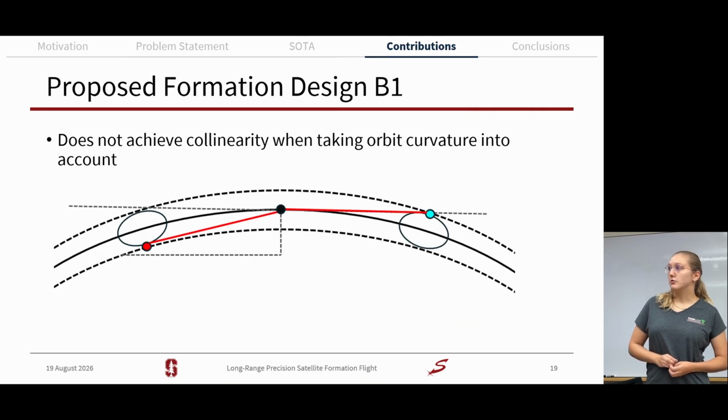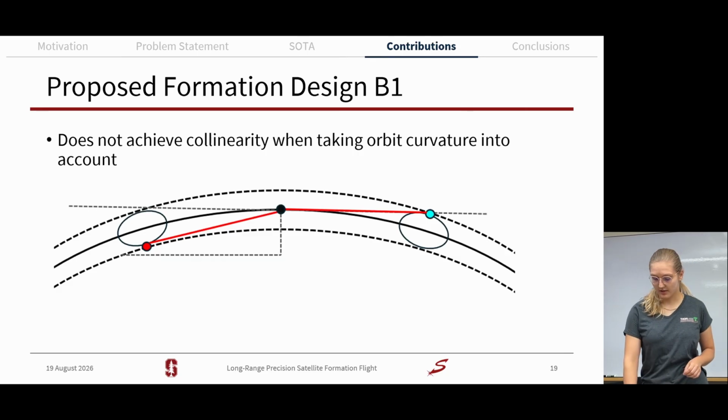Even if we introduce these two counteracting ellipsoidal motions and we have both of them at their most exaggerated point in the radial direction, as you can see here, there's not a point where the connecting line between the deputies will actually be collinear. This is because we have a symmetric curvature of the orbit, but we're trying to counteract it with an anti-symmetric design. So I think unfortunately this doesn't work the way it was so beautifully intended in the linear case,